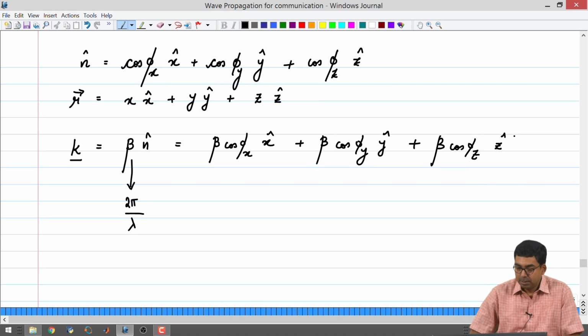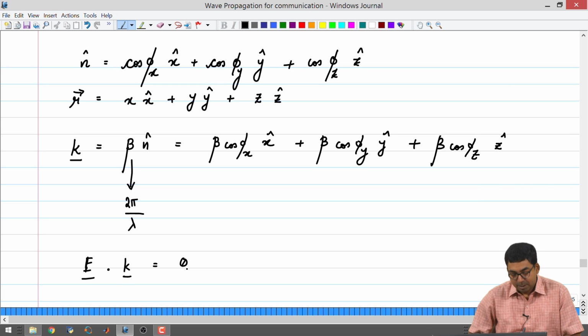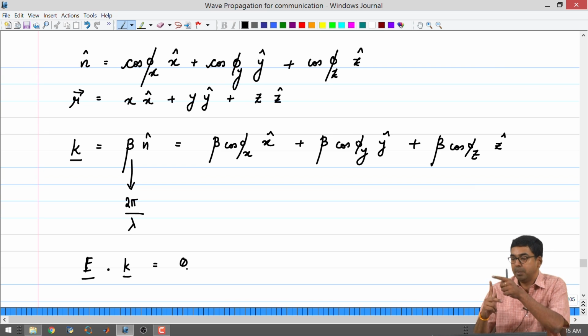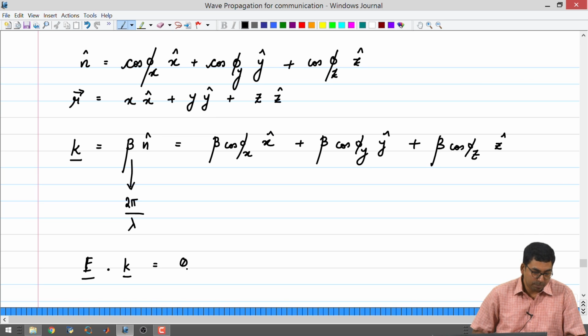Now, we also have to remember that when we are doing this, the immediate thing that should come to our mind is that we are talking about a plane wave. E dot k is 0, that means the dot product between the electric field and the Poynting vector direction is 0. That means the projection of the electric field on the Poynting vector, or the projection of the Poynting vector on the electric field vector, is 0. They are orthogonal to each other. If you take a projection of this on this, you will get nothing. You can also write this down as previously we had.